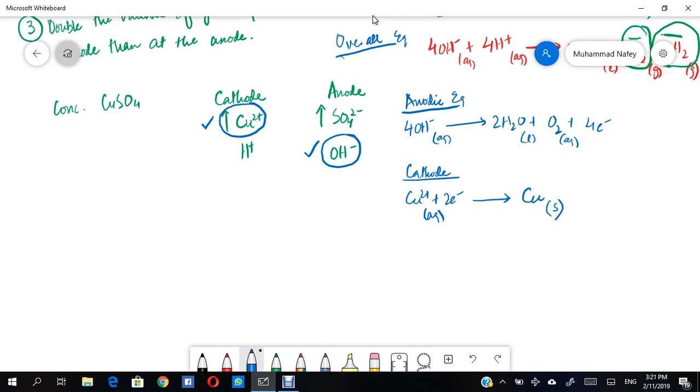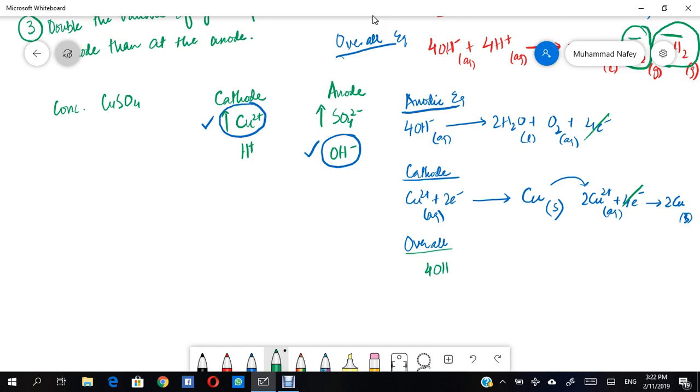So now we can make the overall equation. For the overall equation, we need to balance the number of electrons in both the anodic and the cathodic equations. For that, we need to multiply the cathodic equation by 2, which would give us 2Cu²⁺ plus 4 electrons gives us 2 atoms of copper. Sorry, this is a solid. So if we cancel out the electrons, we get our overall equation as